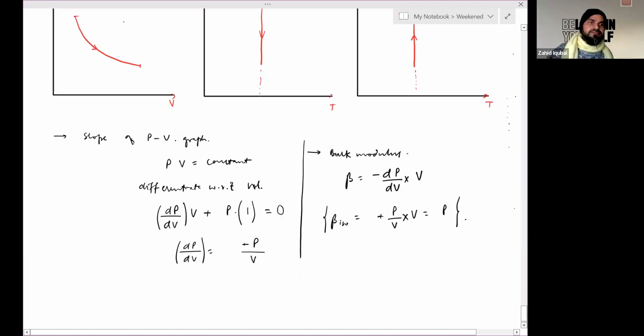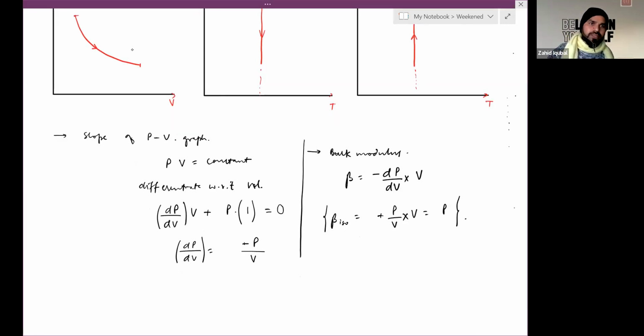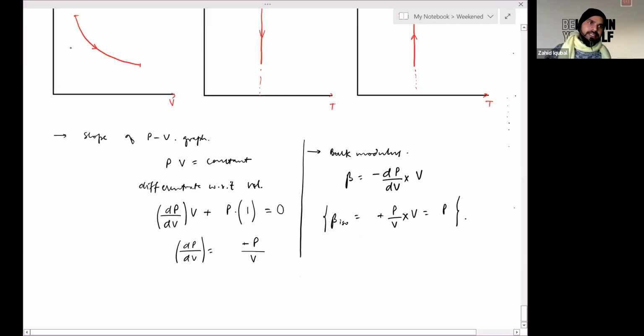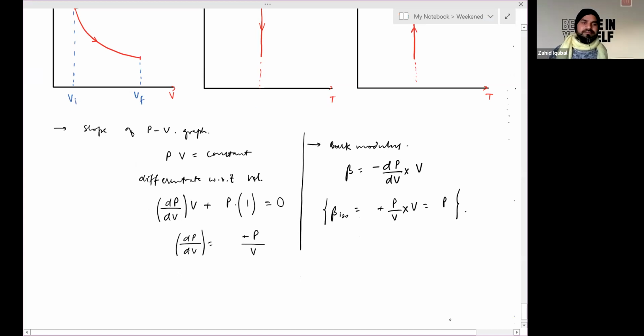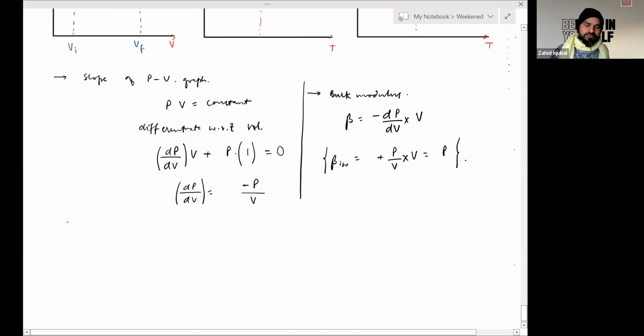Next, we have to calculate the work done for this process. Let's say the initial volume of gas is at this point and the final volume at this point. So work done is the integration of P multiplied by dV. Since in this part these are all variable quantities,